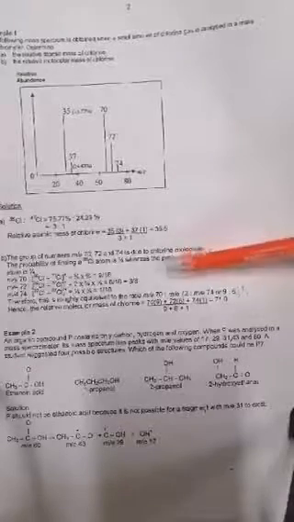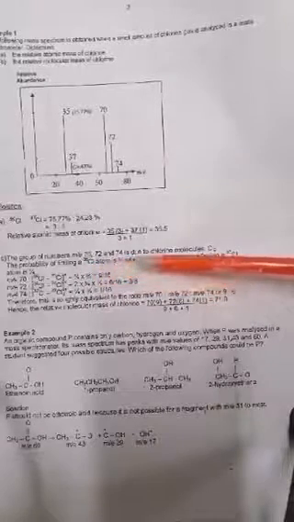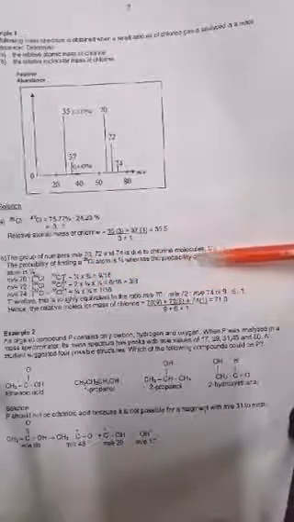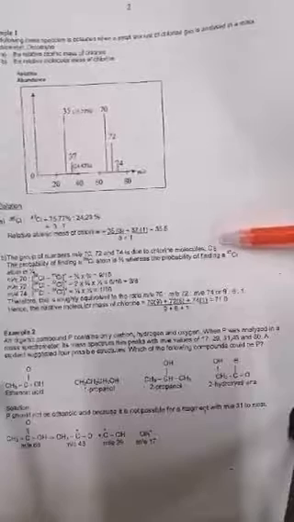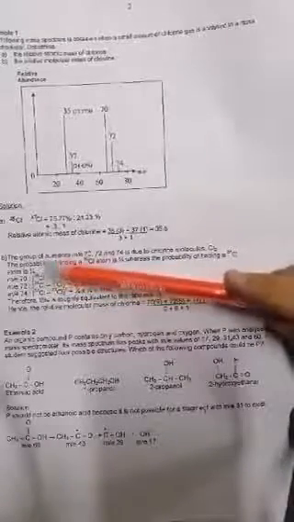For B, to solve for B, the group of m/e values 70, 72 and 74 is due to the chlorine molecules, Cl2. The probability of finding a chlorine 35 atom is 3/4, whereas the probability of finding a chlorine 37 atom will be 1/4. So, for